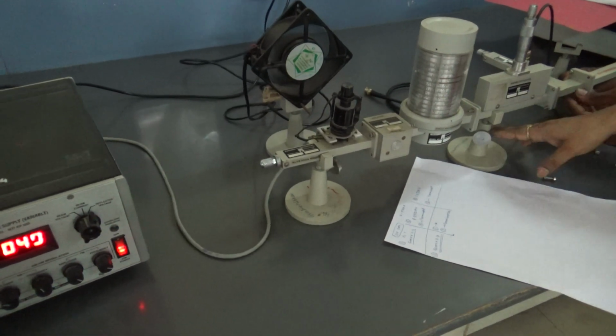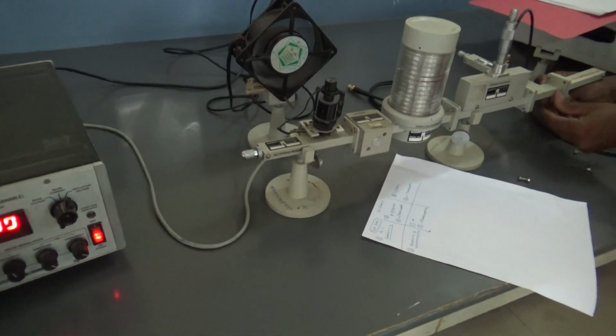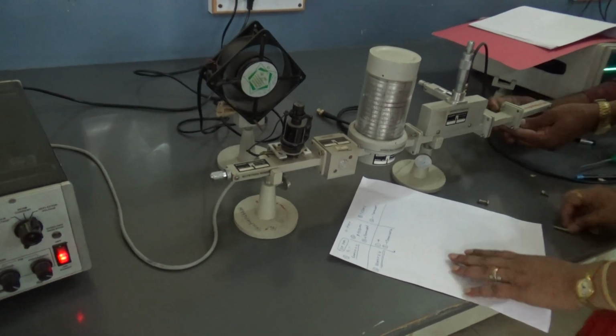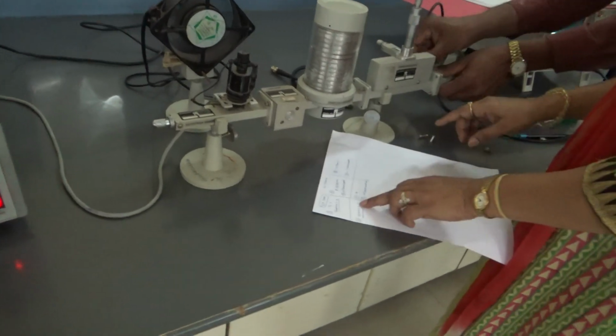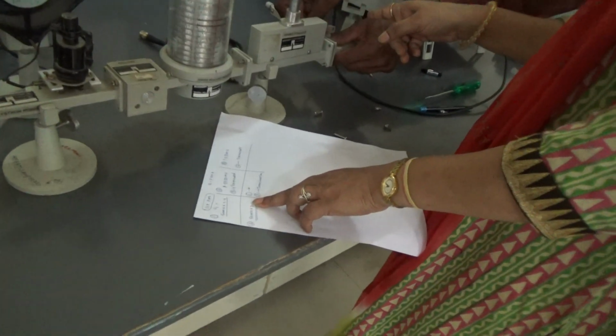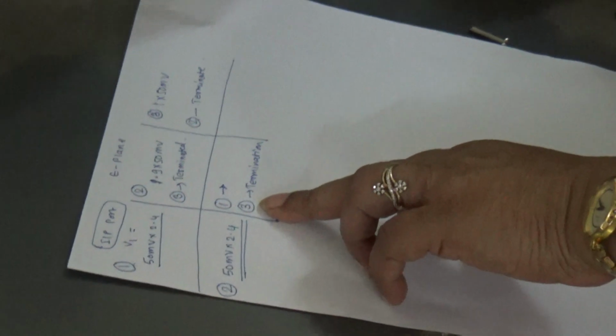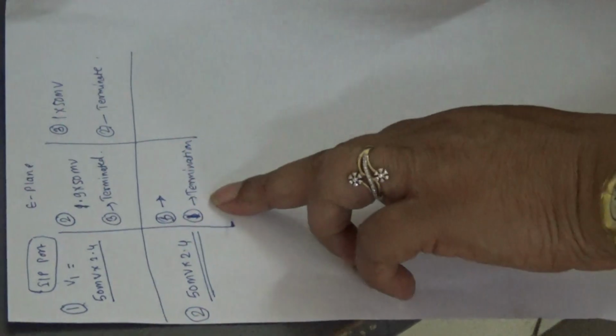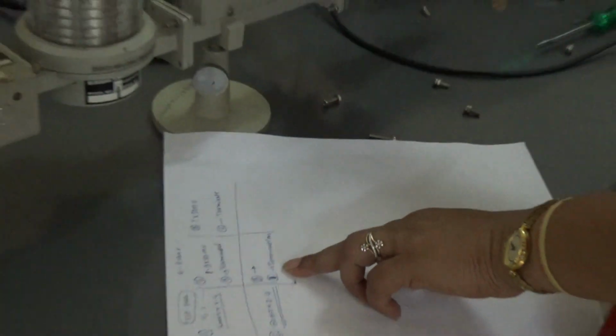See here, mounts are required for proper alignment of the microwave bench. This bench is called as a klystron bench. Now in this klystron bench, we are giving input to the port number 2. We are measuring the output, now see, I have connected it to the third port. So output is measured at port number 3 and port number 1 is terminated with a match termination.